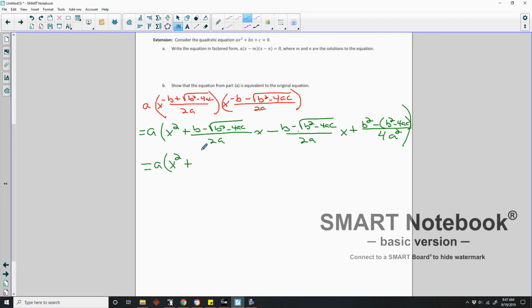So it's b minus the square root of b squared minus 4ac all over 2a plus b plus the square root of b squared minus 4ac all over 2a, close the parentheses times x